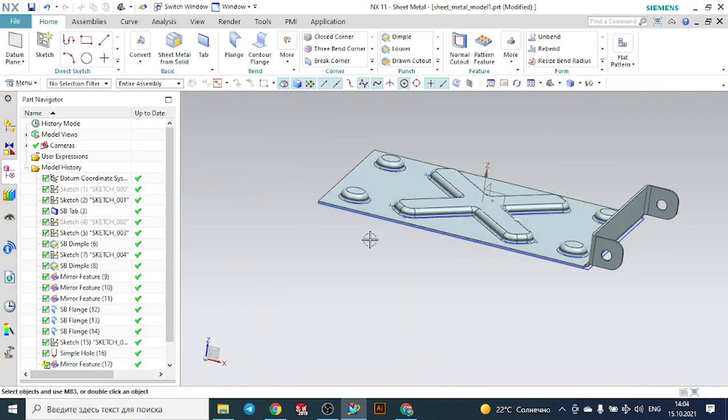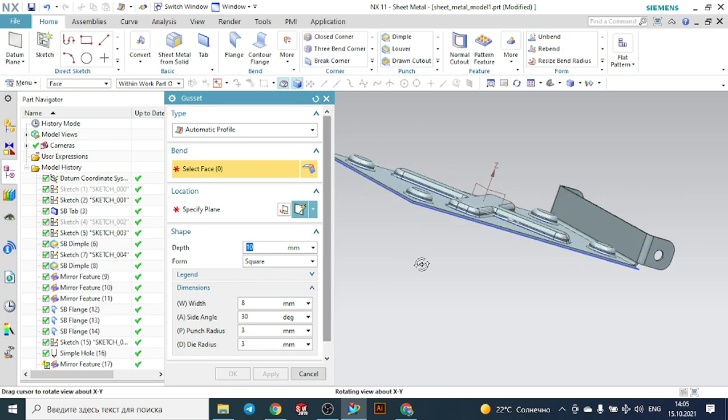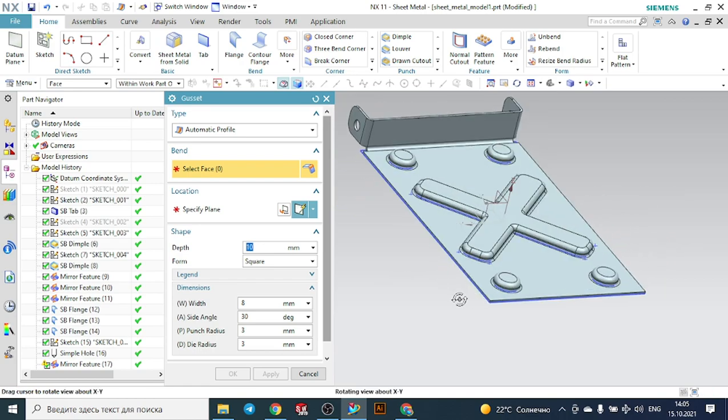So such a sheet metal you can step by step obtain. So here we have this gasket. Let's try it. Select the face to create the